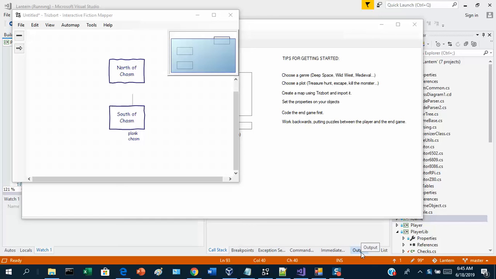Hello, in this video I'm going to show you how to make a bridge across something. So imagine that there's a canyon or a crack in the earth, or in this case it's a chasm, which is just another word for a giant crack in the earth. And we need to put something across that gap to make a bridge so we can get to the other side. So in this example here I have two rooms, one called south of chasm, one called north of chasm,